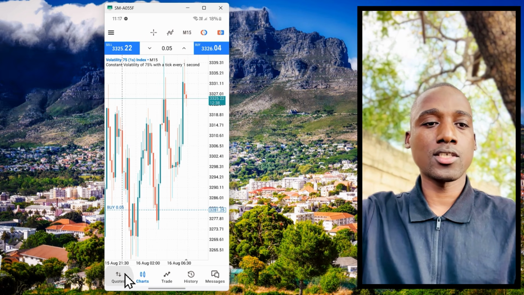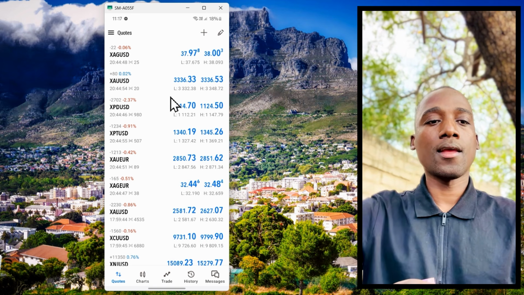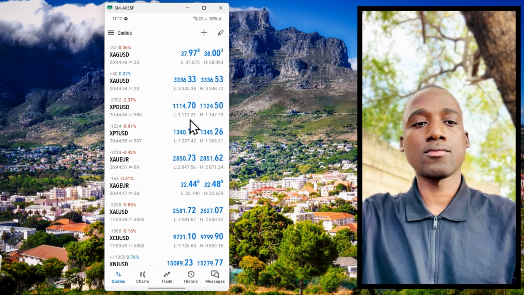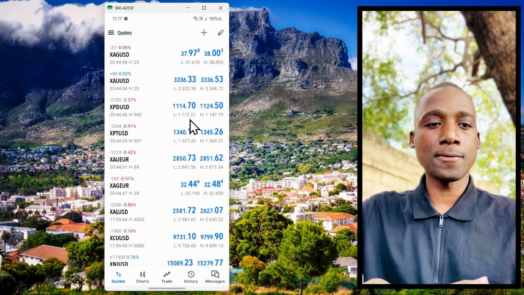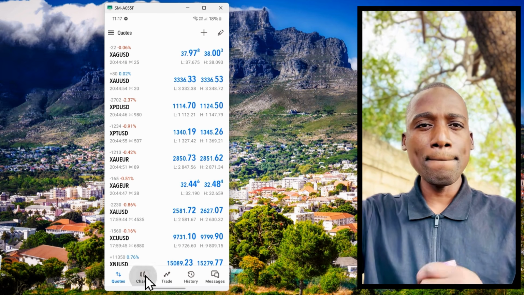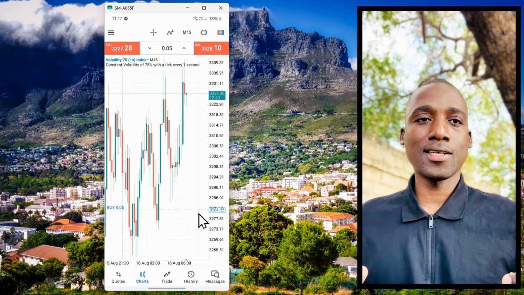Now, let's click section codes. We have to select an asset before we get started with the strategy. And then once you select an asset that we'd like to trade or analyze, so that we can make money on a daily basis, we go to the chart. Once we're in the chart, we want to understand the skeleton. The first thing that we have to understand is the skeleton.